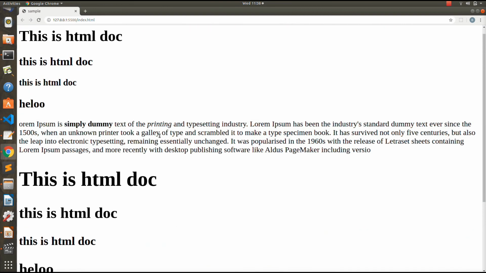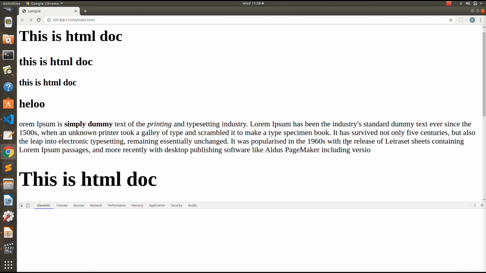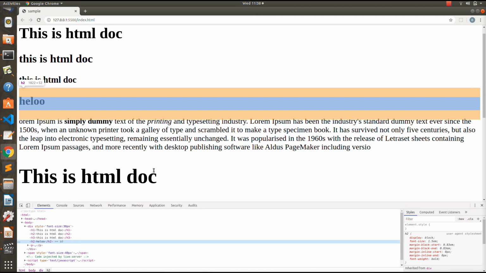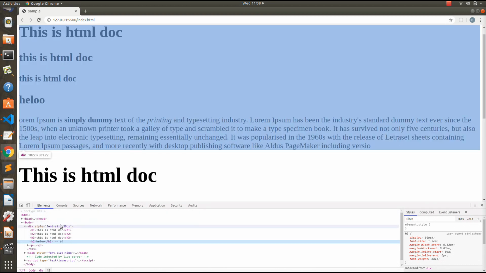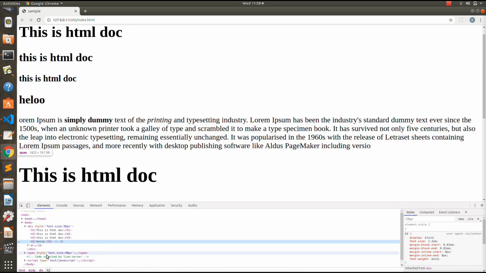So obviously you can see a difference here. So if I just inspect this, and now if I hover onto the div tag, you can see we have always seen that it does show a container. But if I hover onto the span tag, you can see here that you don't see any container. So why is this happening?